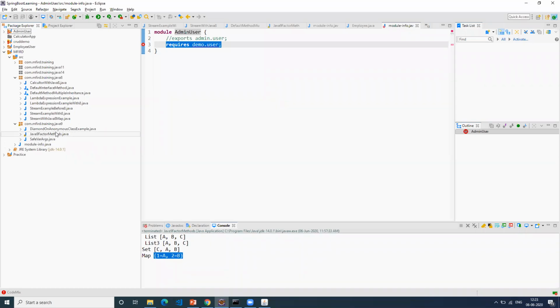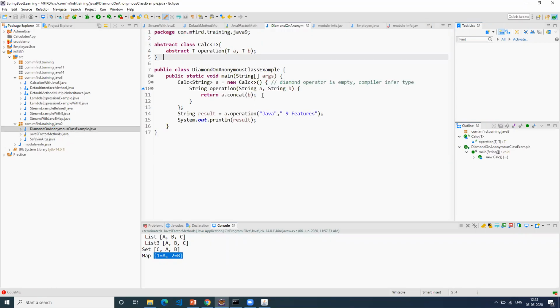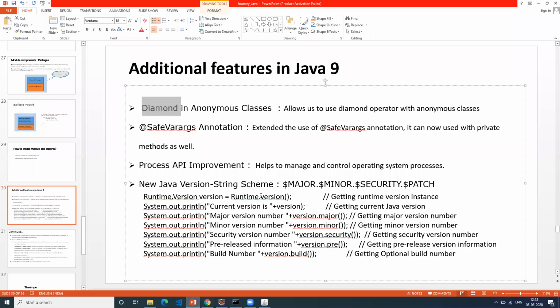Earlier, you couldn't write this diamond for an anonymous class; it used to give an error. Now with Java 9, they added this. That's only a small introduction, basically an update to the existing anonymous class behavior.